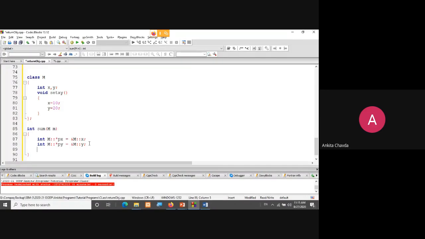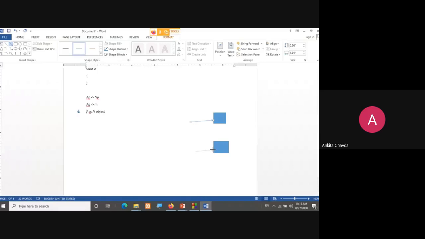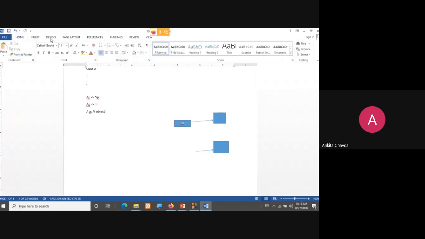So we can draw the figure again. Here is my variable x. Here is my variable y. Here I'm having two pointers, respectively px and py.